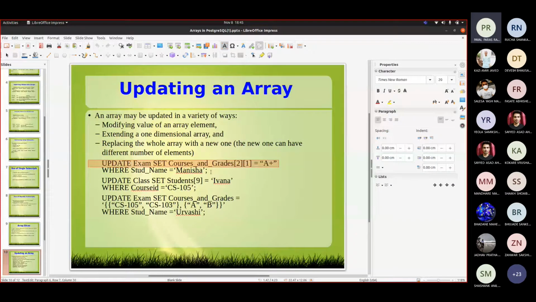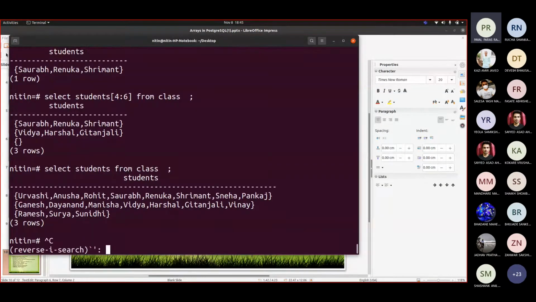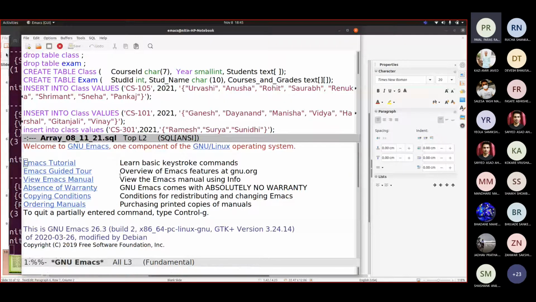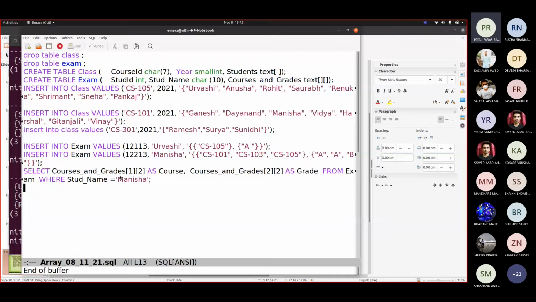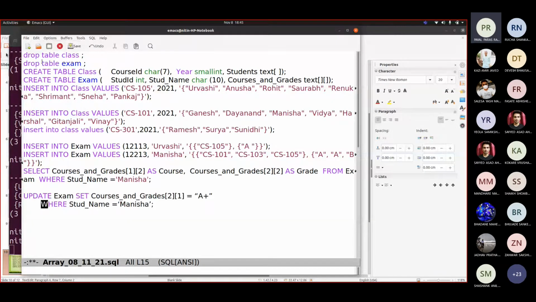I'm only saving my time rather than demonstrating this. Now we never added an A plus grade, correct?